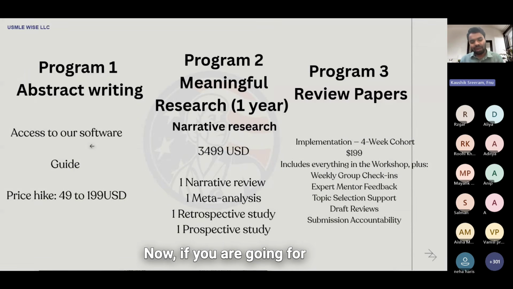If you are going for residency application and want to get into competitive specialties, let's say surgery, plastic surgery, and now internal medicine is also becoming competitive, you need to come up with a story about why you're doing particular research and how you're going to stand out. This is a 1 year commitment